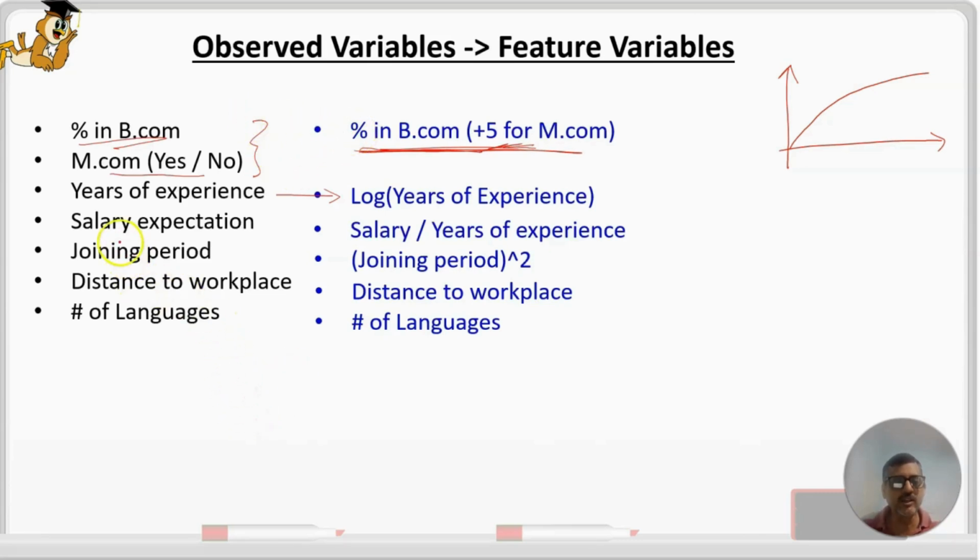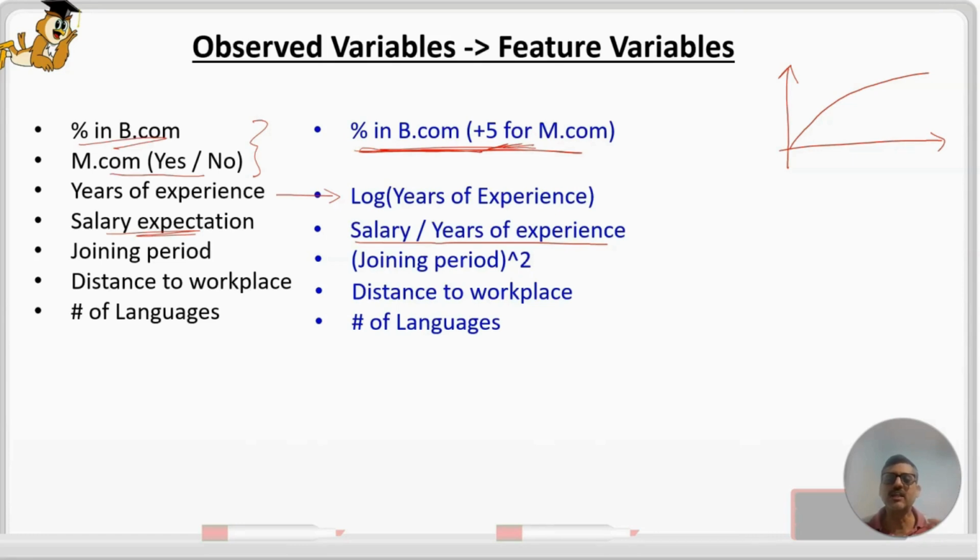Let's look at the next one. Our next observed variable was salary expectation. And now you know that salary is statistically correlated with the years of experience, because the more the years of experience, the more the salary. So instead of using salary as a variable, I'm going to use salary divided by years of experience. The expectation, and it's true to a large extent,